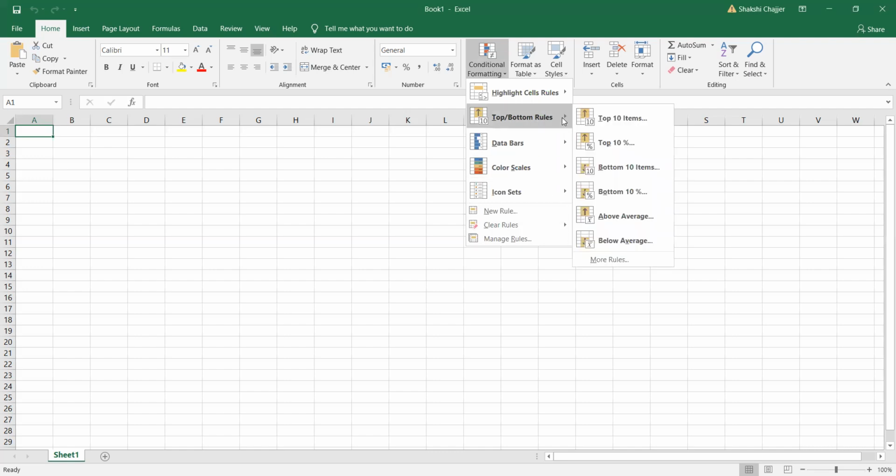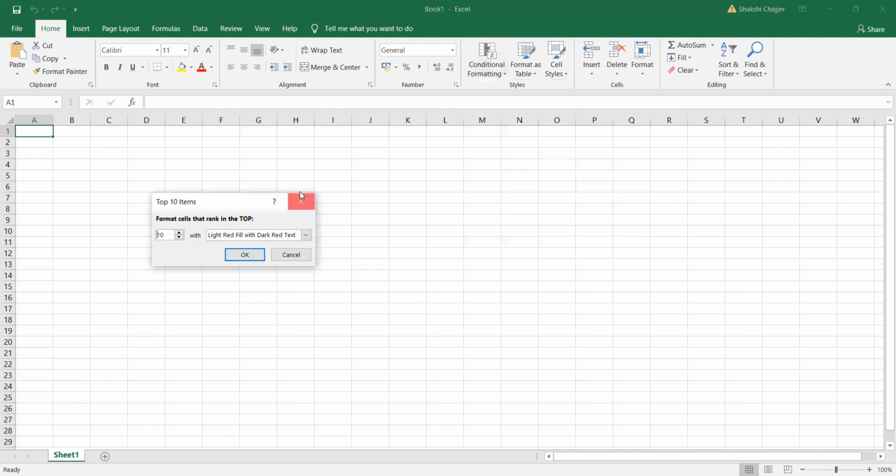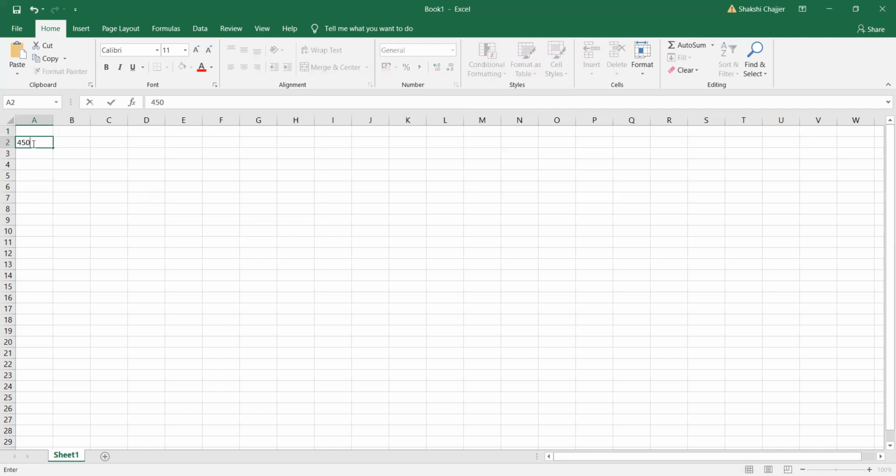Let's say top bottom rule. If we want to apply top bottom rule, we cannot apply the top bottom rule right now. Let me just create a quick data. This is the data which I have created.